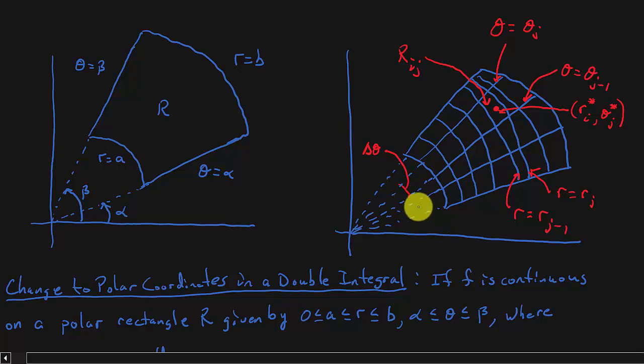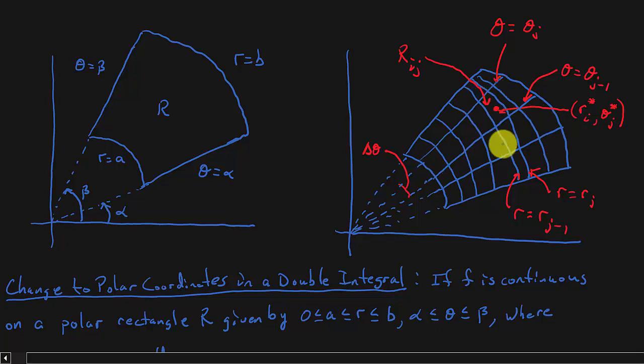This angle between each one is delta theta. All of these angles are the same. They may not look it, but they're supposed to be. And we have this region R sub ij, and basically what we're doing is finding this area here,